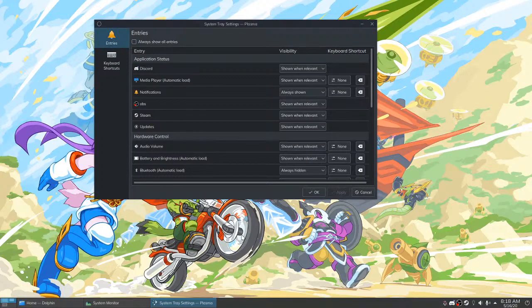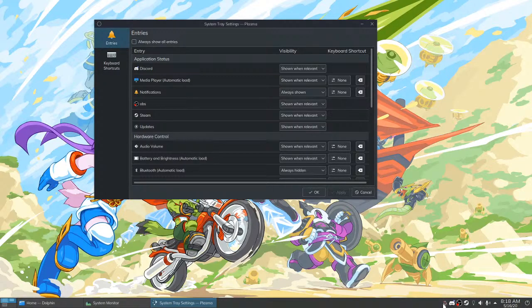Sometimes if you use do not disturb on notifications, you can turn it off and forget to turn it back on. That happened to me all the time. KDE allows you to set a timer. I'm not going to open the notifications because I don't know what's waiting in there, and people may be messaging me on Discord and I don't know.